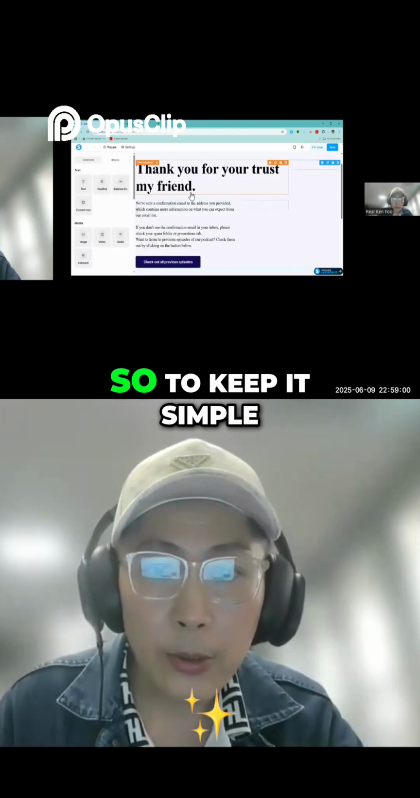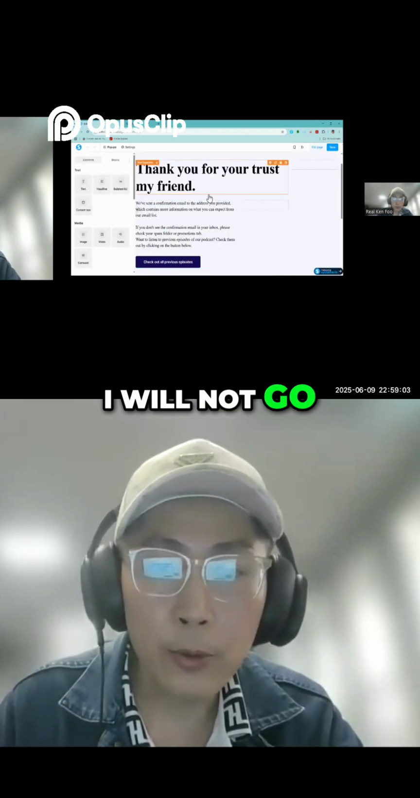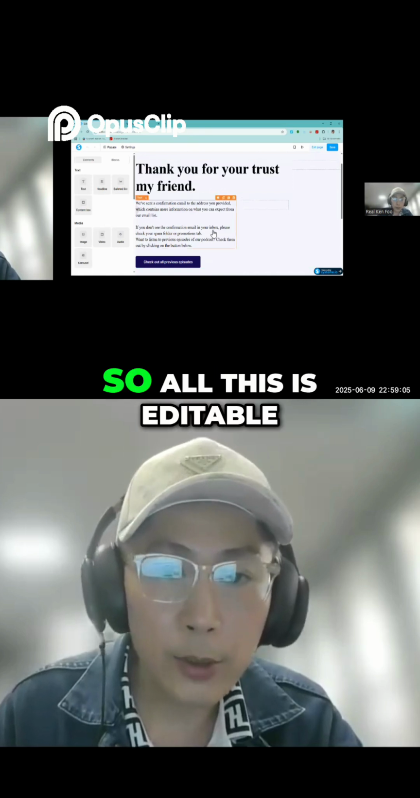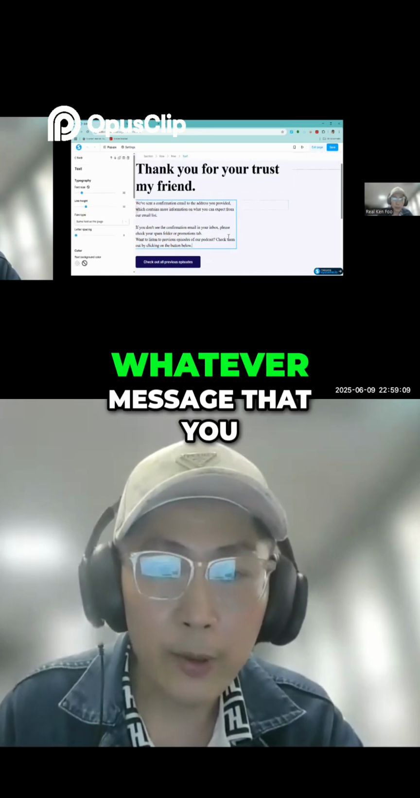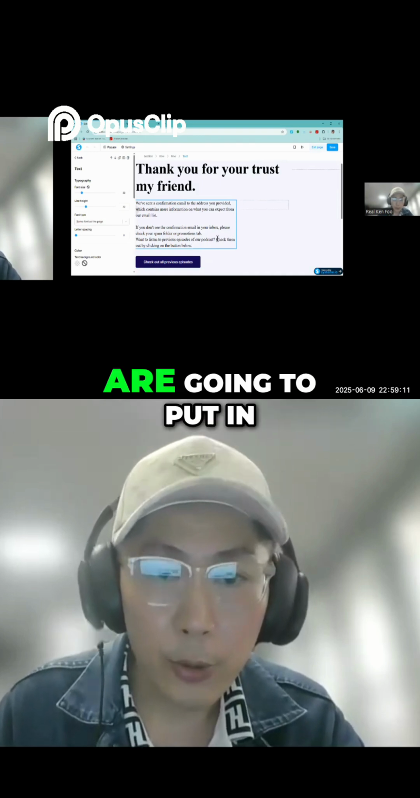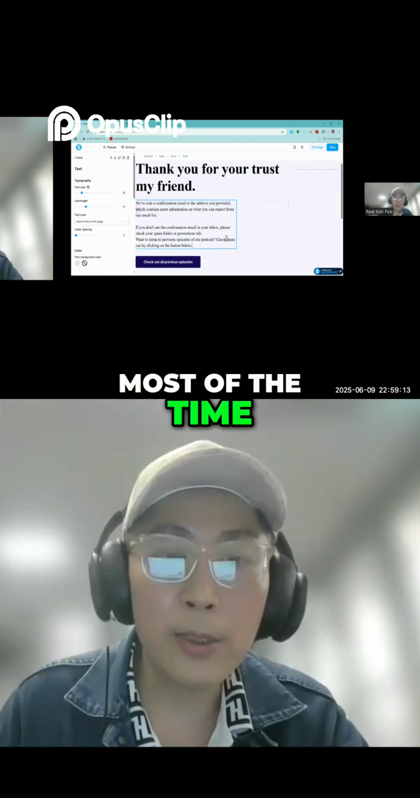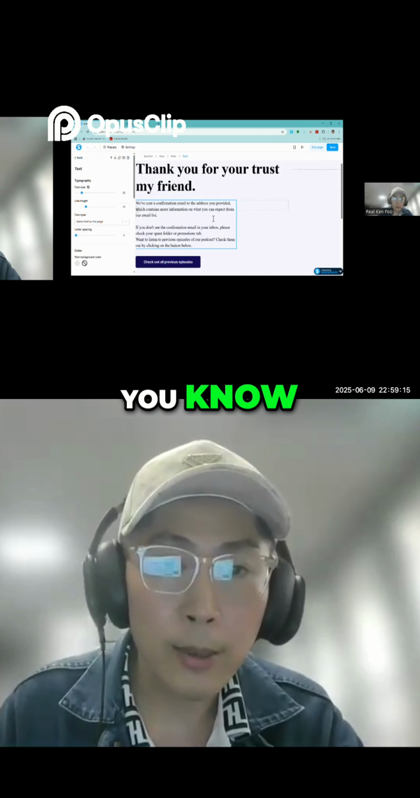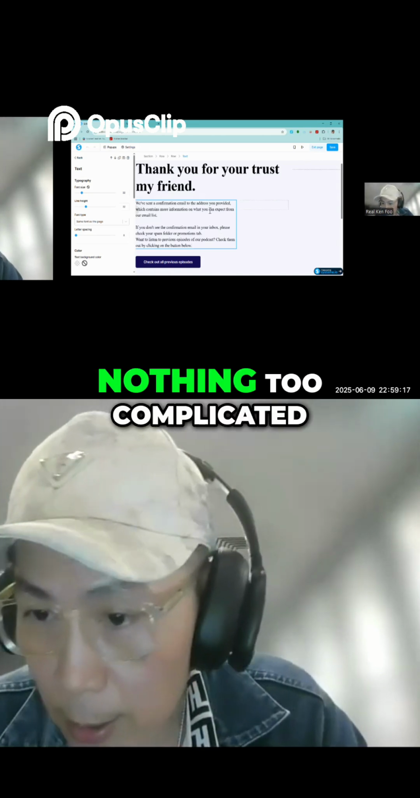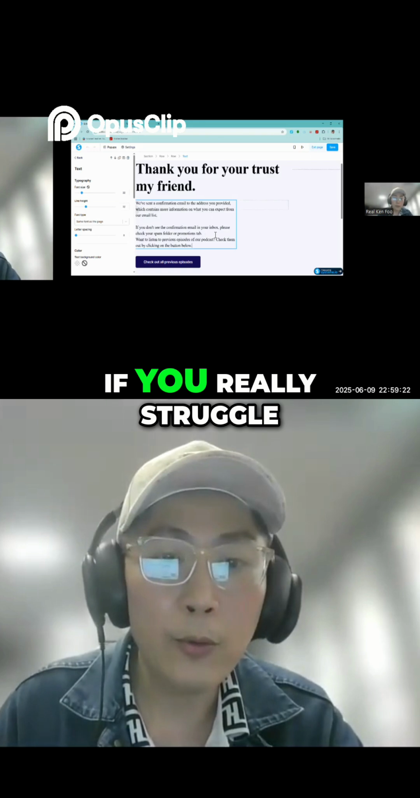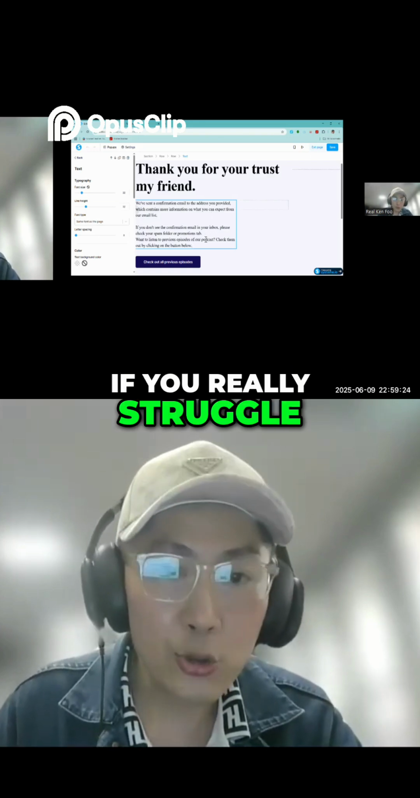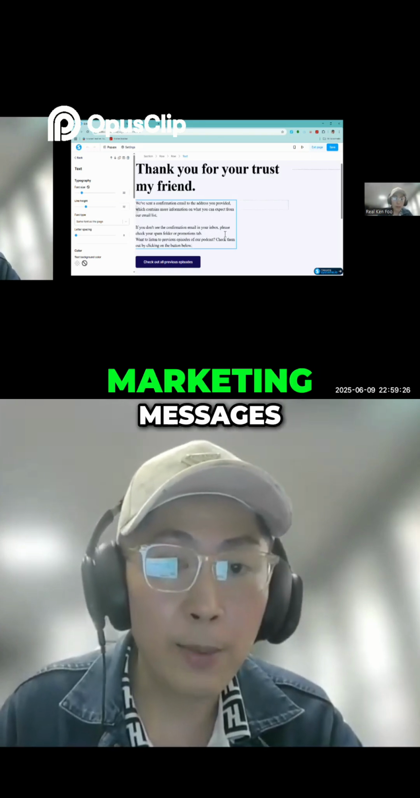So to keep it simple, I will not go too much into the editing of the words. All this is editable. You can just use a keyboard and type it out, whatever message that you are going to put in. Most of the time, it's a lot of common sense, the message that you are going to put here. Nothing too complicated. And at the same time, if you really struggle with such kind of marketing messages,